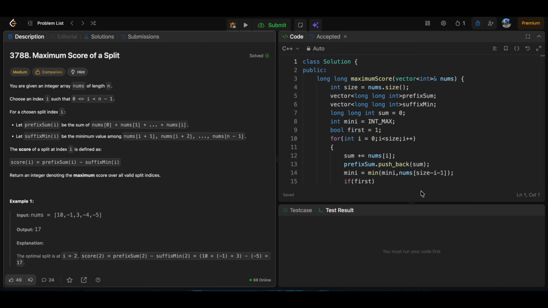We are going to solve a LeetCode question called Maximum Score of a Split. In this question you are given a nums array of length n. You need to choose an index i such that it lies between the 0th index and the n minus 1 index. When you choose the index i, the answer you need to give is the maximum score between a valid